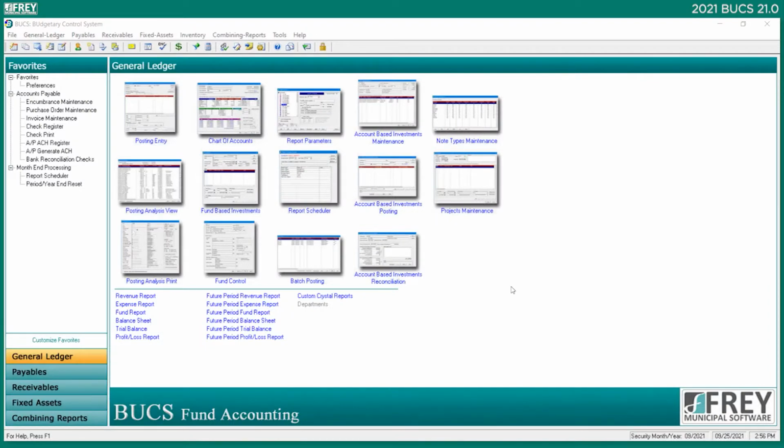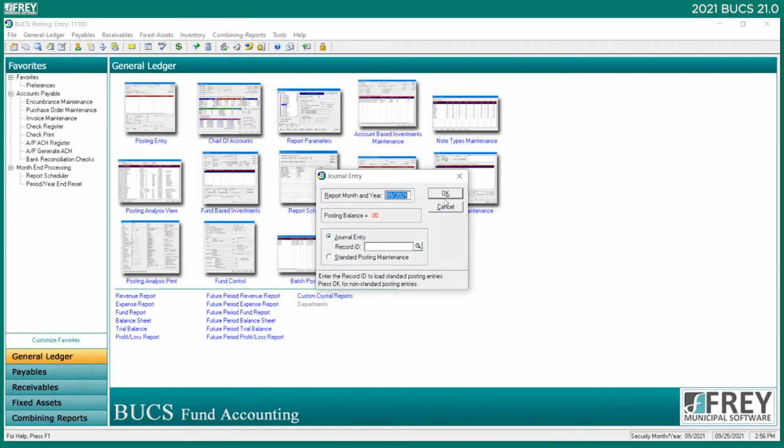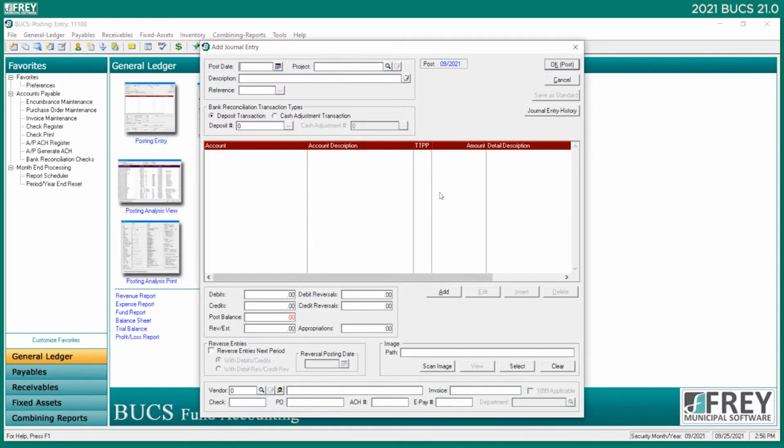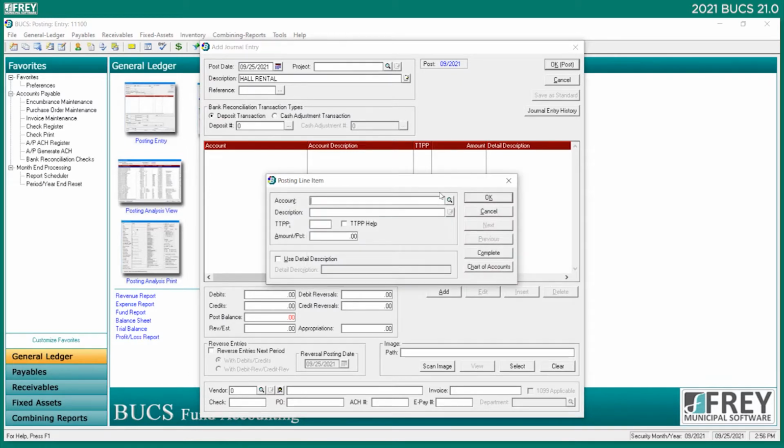The first item on the list is in the journal entry program. So if we go to General Ledger, Posting Entry, hit OK, I'm going to show this to you. All rental. You're going to be able to use a number 1 for debits and a number 2 for credits. This will help keep your hands on the numeric keypad, and it will translate into the proper TTPP code for real cash activity. So if I want to do the hall rental at $275,